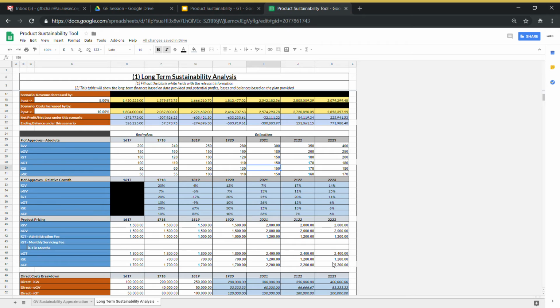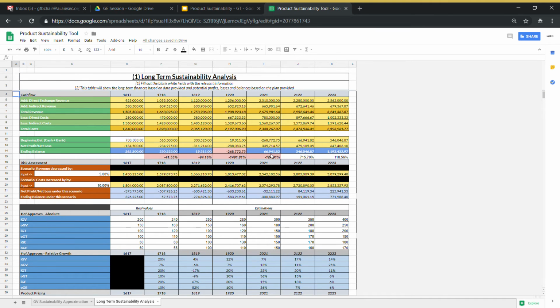from the negative balance. And then from a few changes, for example, from 1,500 to 2,000, 1,000 to 1,200, 1,800 to 2,400, 700 to 1,200, and 1,700 to 2,200. So this is a sample. Which then eventually increases the ending balance of 2021. So this of course isn't necessarily the best way on how to calculate the pricing. Of course, this is more on being able to do some estimates, but